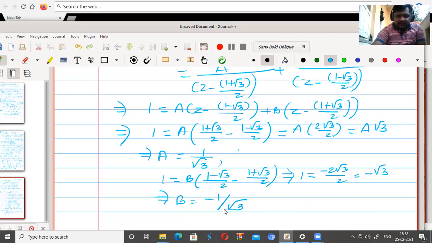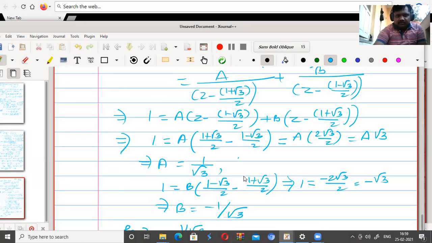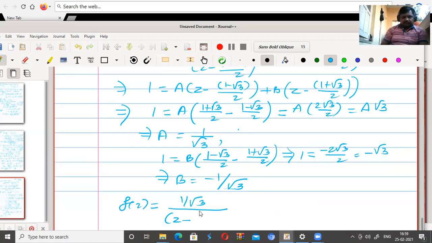And hence, your f of z now becomes 1 upon root 3 divided by (z minus 1 plus root 3 upon 2) minus 1 by root 3 divided by (z minus 1 minus root 3 upon 2). Okay, that will be the case. Hence,